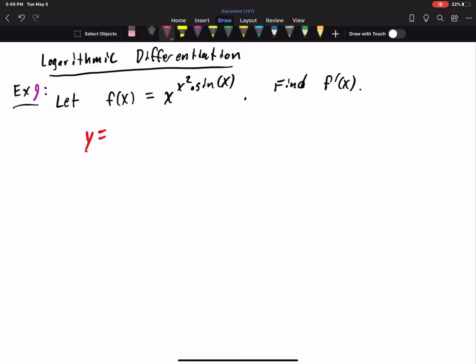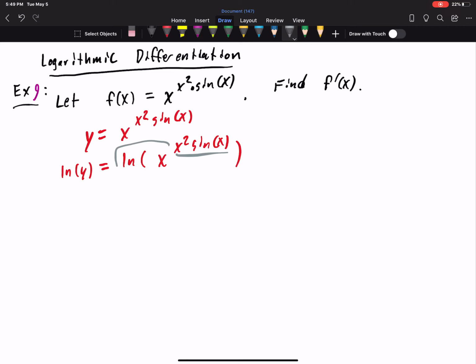Set y equal to your function at hand. Logarithmize, if that is a word, both sides of this thing here. So we have natural log of x to the x squared sine of x power. And now we want to use our log rules to get the expressions of x out of the exponent. So that is, we want to take this thing and pull it down in front. That is all we're going to do in this next step here. So this is equal to x squared times sine of x times natural log of x, because we